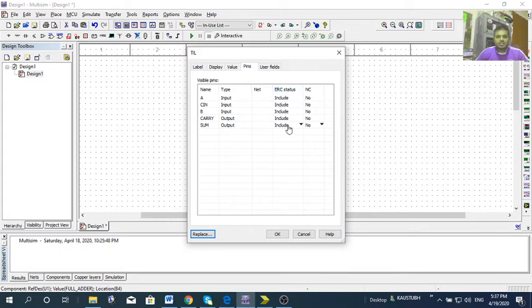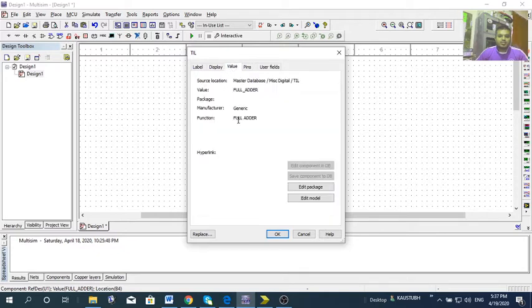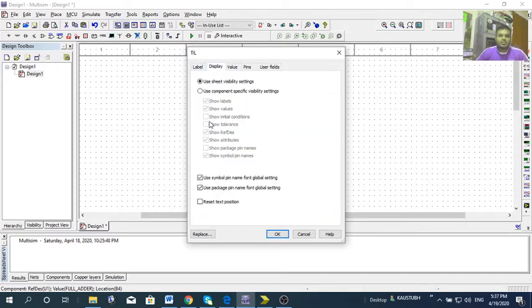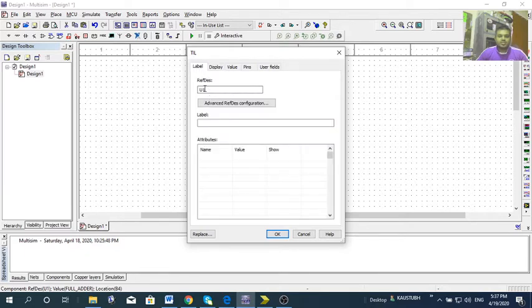This status means you are including all. You can exclude if you don't require. So you can exclude, but I need it to be included. There are no values because it's a module. Display you can set, label also you can set. So let it be full adder